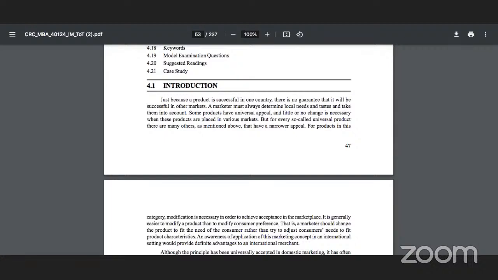We also spoke about it at length in the previous class, where we talked in terms of localization and customization of the products based on not only the laws prevailing in various countries, but also the social and cultural factors, the demographics, etc. So that is why we are saying a marketer must always determine the local needs